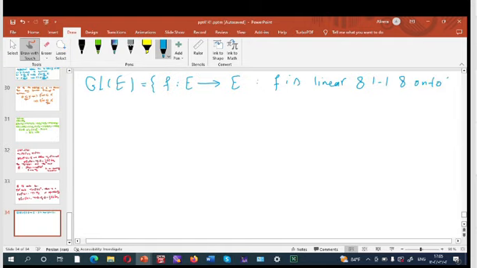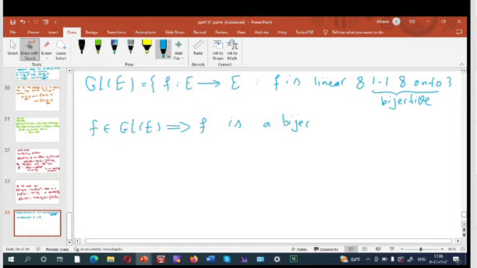These two mean f is bijective, okay? So for any function in GL(E), f is a bijective function,